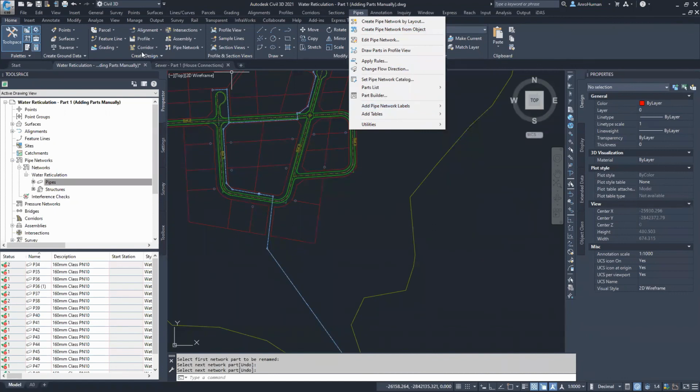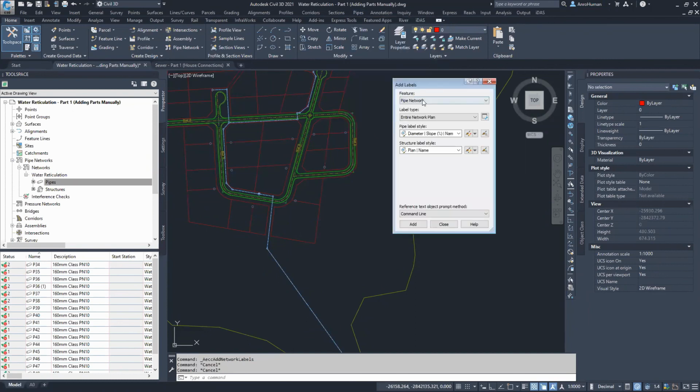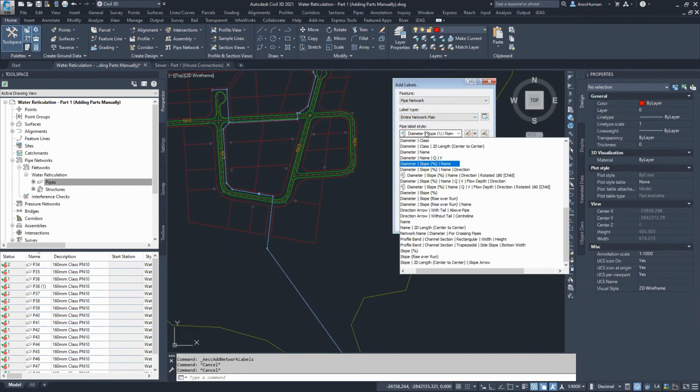You can also just access that from pipe network. So pipe network labels. I want to do the entire pipe network plan. I want to give my pipes a style where I display their name, just so that I can see whether they